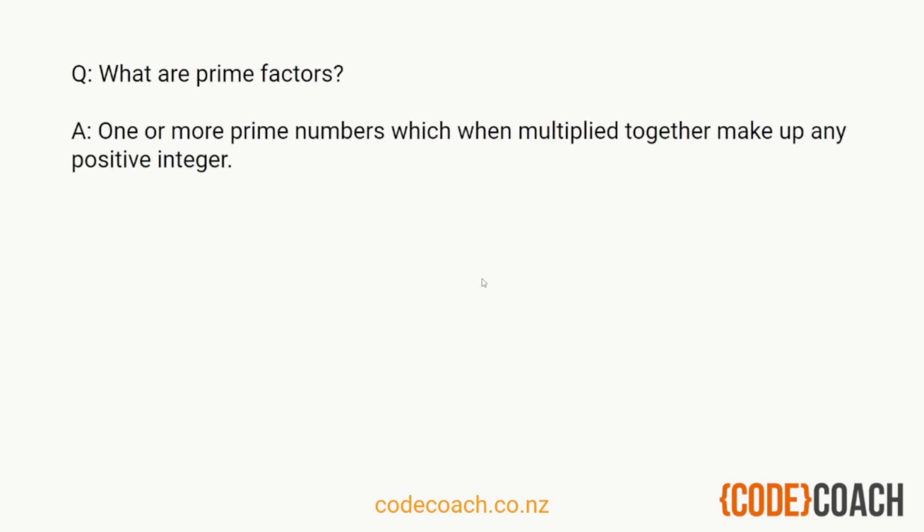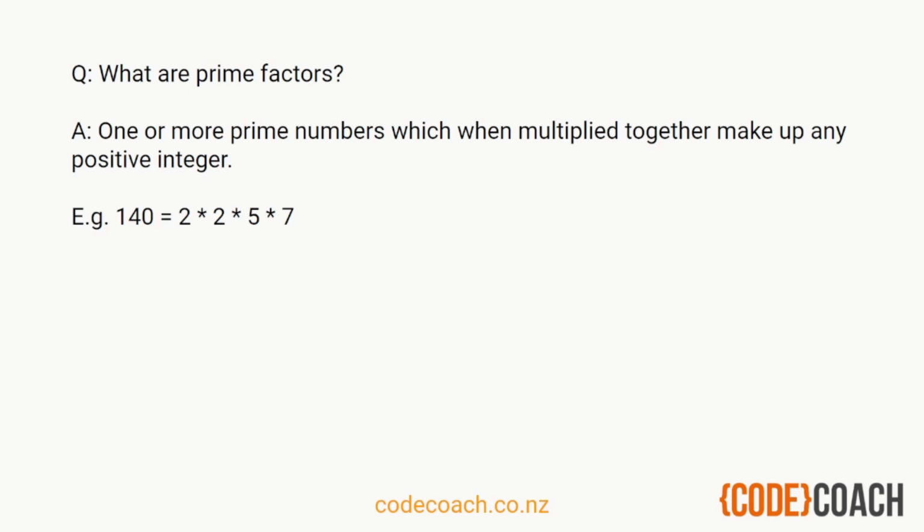Well, prime factors are the prime numbers that, when multiplied together, so these are factors, make up any positive integer. So, for example, 140 is equal to 2 times 2, which is 4, times 5, which is 20, times 7 is 140. And any positive integer can be disassembled like that, well, apart from 1, because 1 by definition is not a prime number,